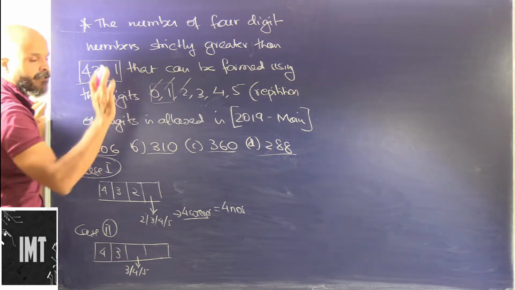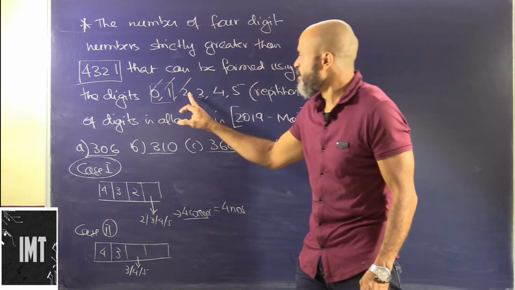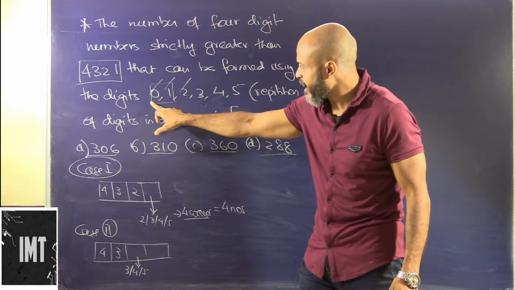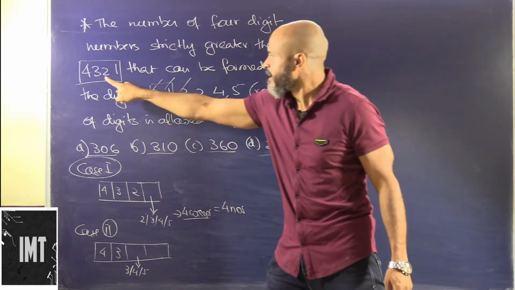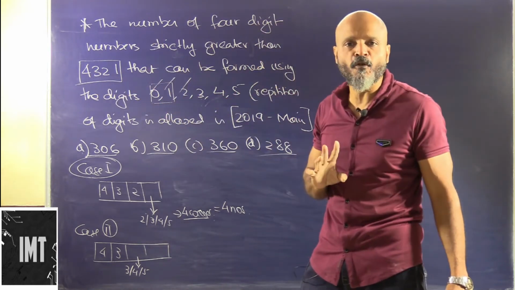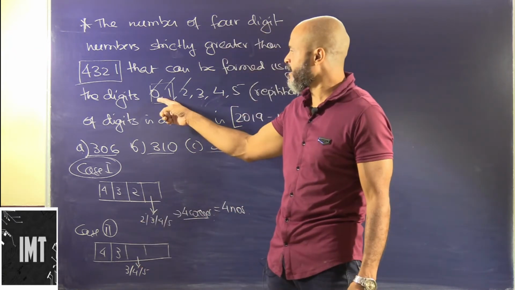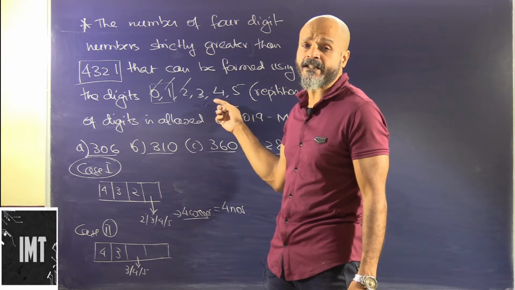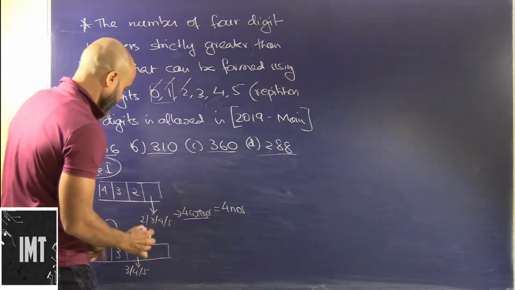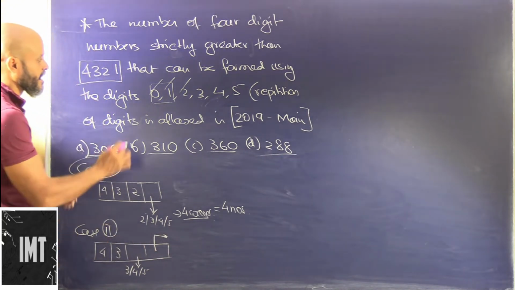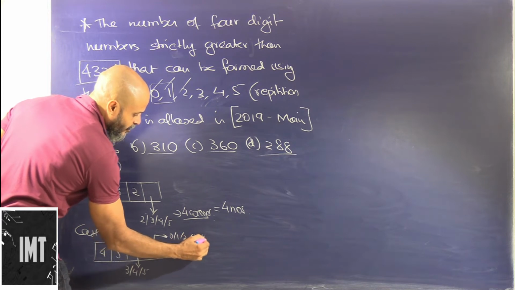Now for the last number, since we have selected a tens digit which is greater than 2, obviously for the units digit we will have the entire scope to select from to get a number which is greater than 4321. Understand this? If we are selecting 3, obviously all the numbers irrespective of whatever we place in the units digit will be greater than 4321. So in this case how many numbers can we select? All from 0 to 5: 0, 1, 2, 3, 4, 5.